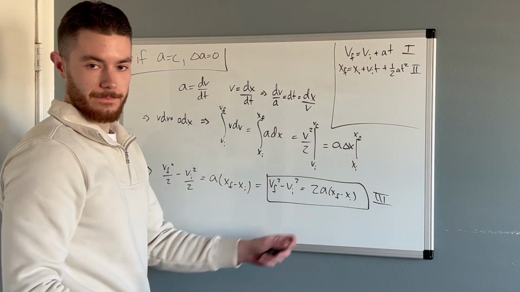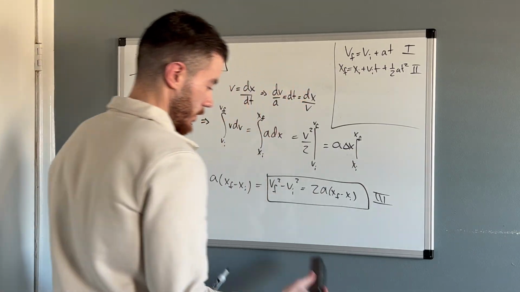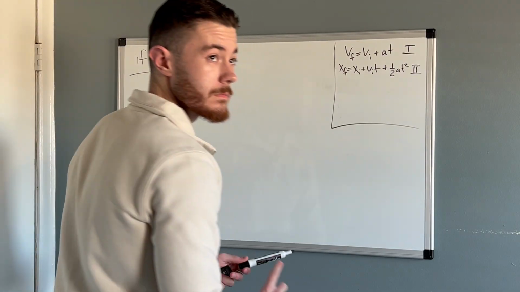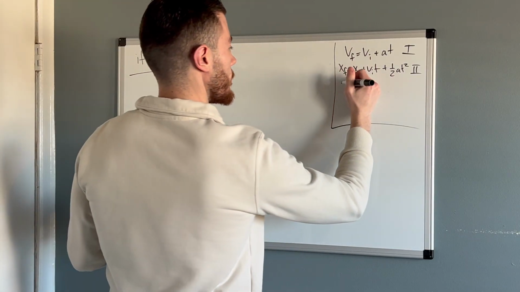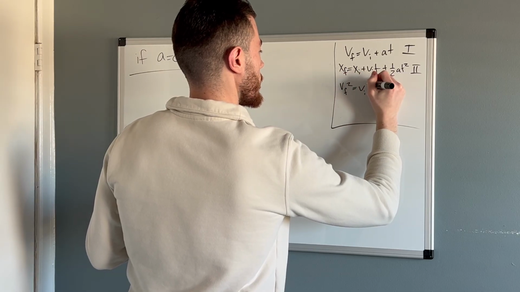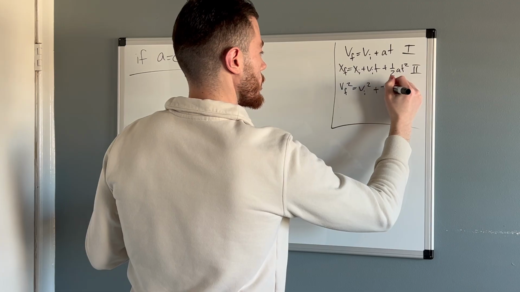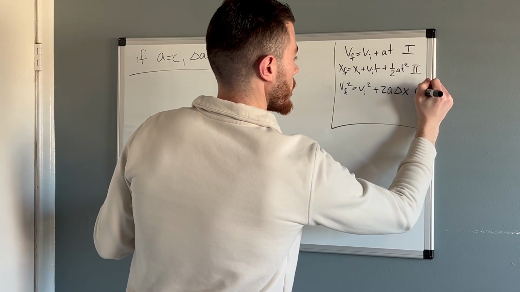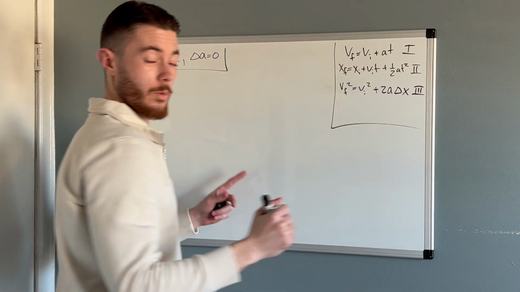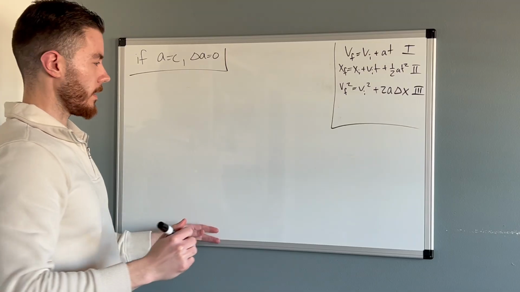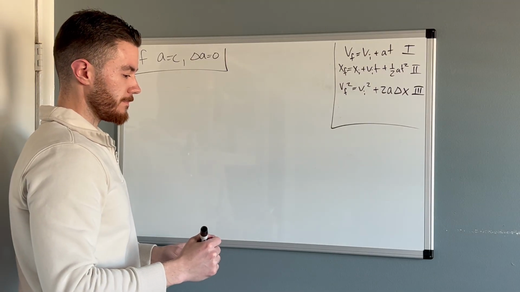kinematic equation, derived from the definition of velocity and acceleration. I will place that in the box. Vf squared equals vi squared plus 2a delta x. And this is the third one. There is one left, and not much calculus is involved with getting that one. We just have to remember that